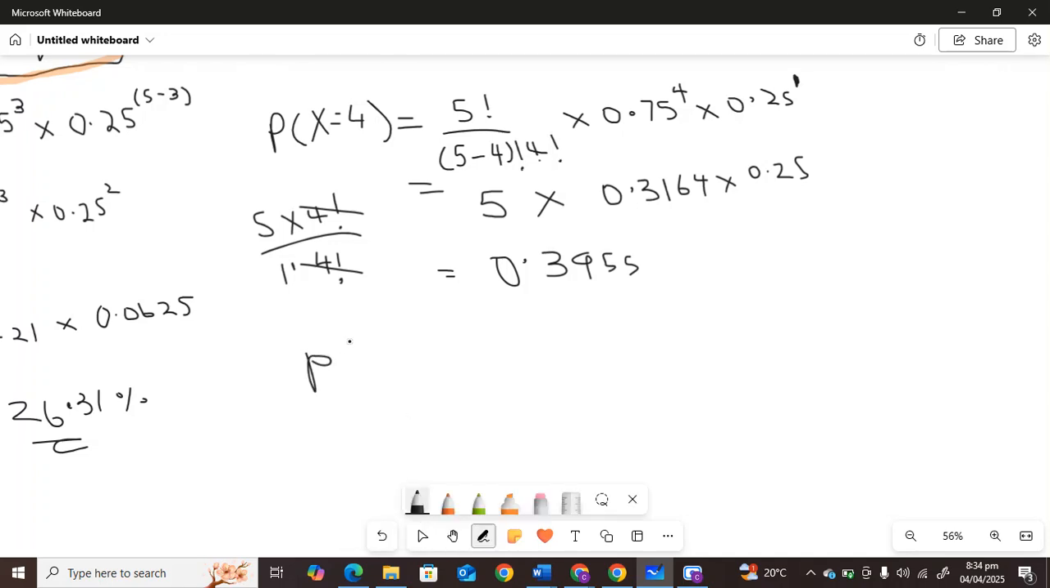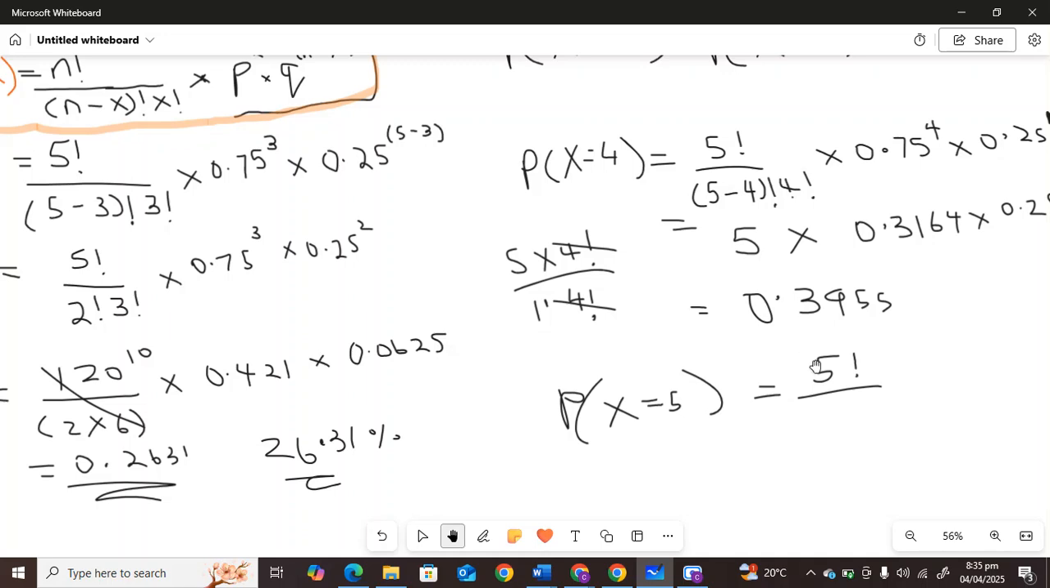So P(x equals 5). So you have 5 factorial over, remember we're just following the formula, okay? Where there's n, we put 5, over n minus x. So in this case, our x is 5, so it's over 5 minus 5 factorial, then x factorial here, so you put again 5 factorial,